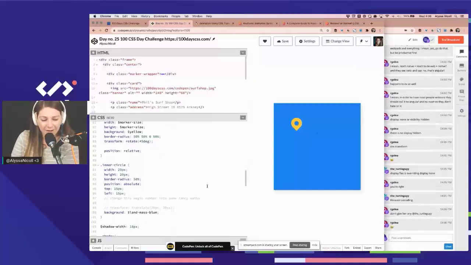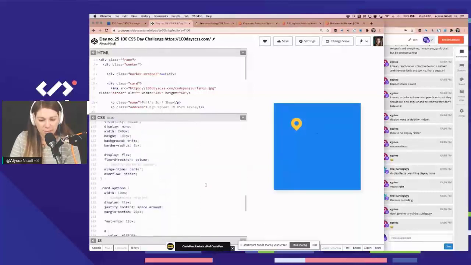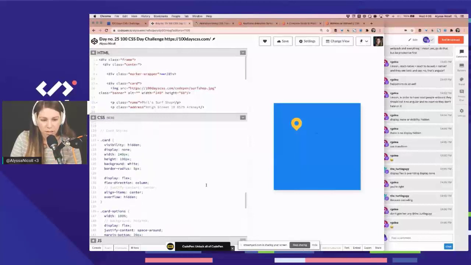Okay, where's my flipping card? Goodness, I think it's at the very bottom. Sorry, everyone. I'm probably making you nauseous with all this scrolling. Display flex. Oh, right. So whenever I toggle the card to active, instead of saying display,